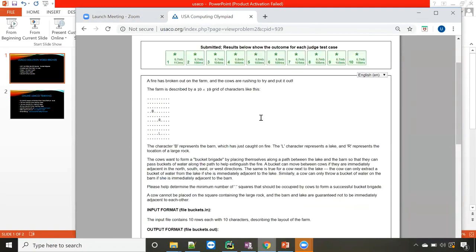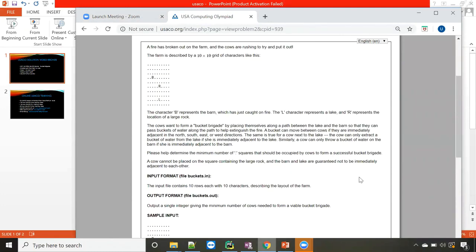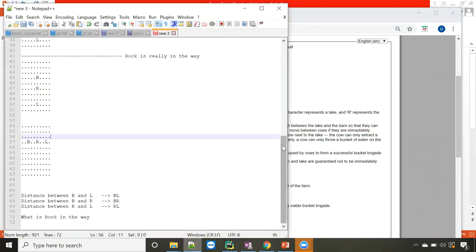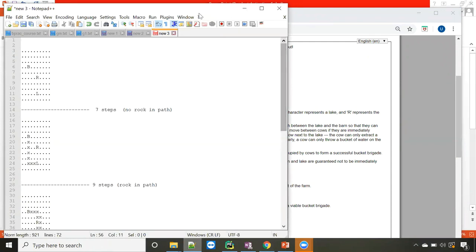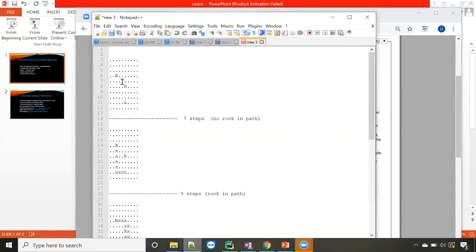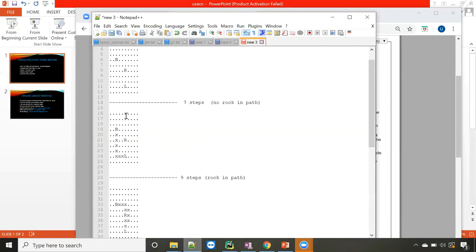So this is the problem. If you see it, this is really a 10 by 10 grid. B is a barn, R is rock, L is lake. It's asking you to find how many steps from B to L it's going to take. This is the input. We now put it on a notepad. You can see from B to L, we can illustrate